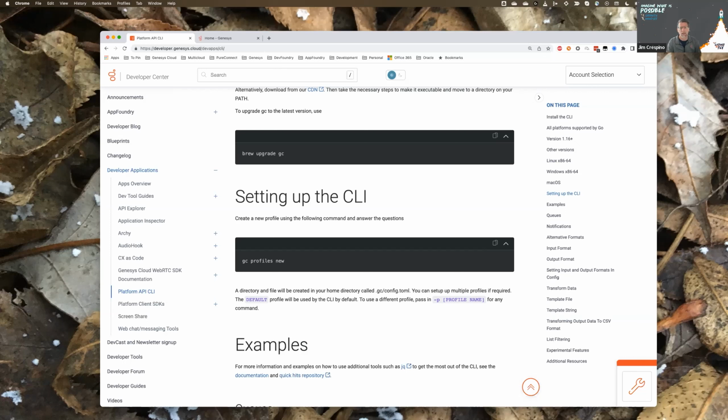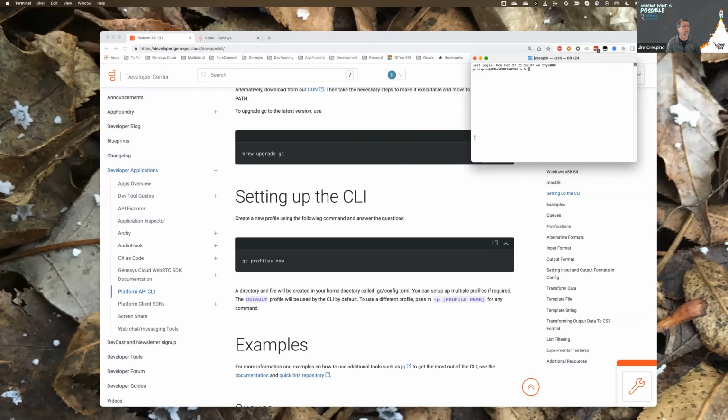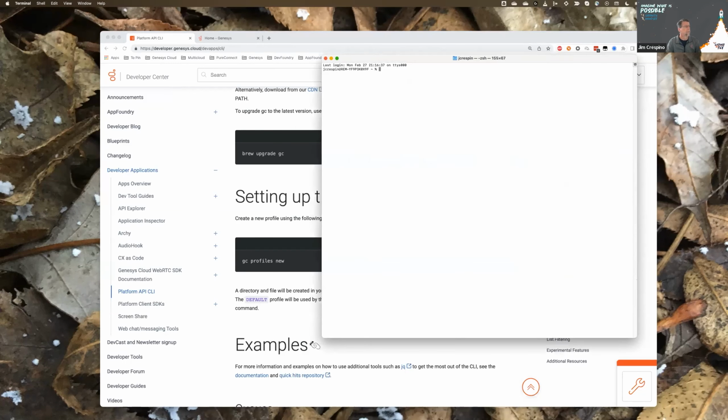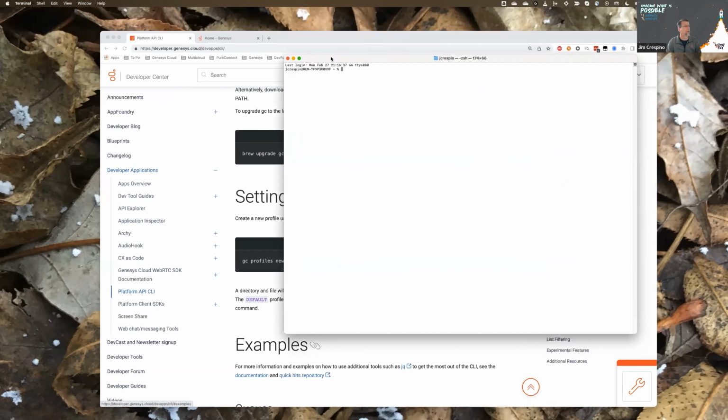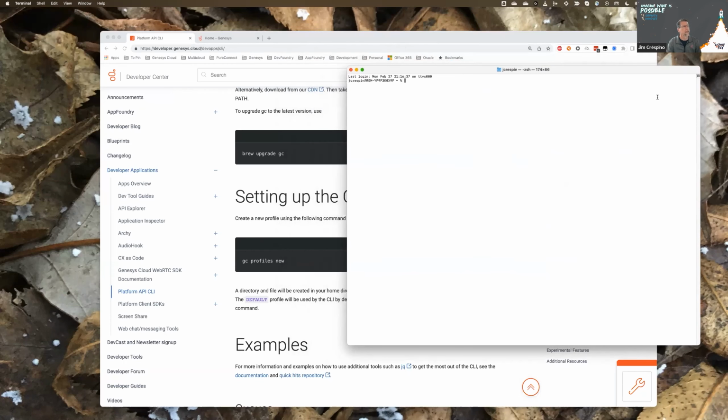API requests? So let me pop up a terminal window. Let me show you this a little bit. So I've already run through Brew install because I'm on a Mac, and let me see if I can make this not such an eye chart.